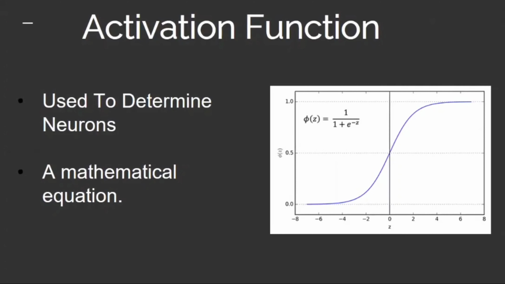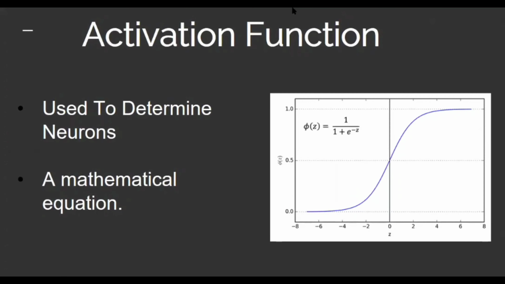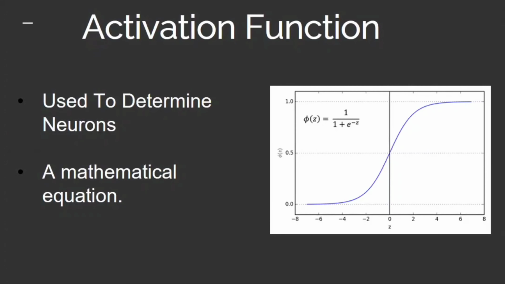Activation function. An activation function is a type of function which is used to determine whether the neuron is active or not active. It's a mathematical equation. There are different types of activation functions, but the activation function most used in neural networks is sigmoid. One very important characteristic of activation functions is that they must have a bounded region for the output values they give. For example, the bounded region for sigmoid is 0 to 1. You can also see that from the graph of sigmoid.